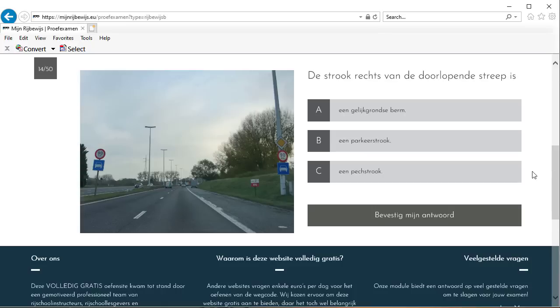I think it's a level verge. It's not a parking lane. It's not indicated here that you can park here, and it's an expressway. It could be a breakdown lane, but I think a breakdown lane is on a motorway, so this is a level verge, I think. But it could also be a breakdown lane, just like a motorway. We will see at the end if the answer is wrong, then we will discuss that further. Okay, let's continue.